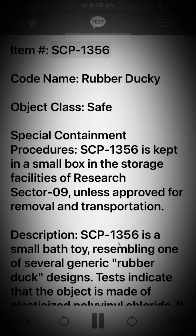Item: SCP-1356. Code name: Rubber Ducky. Object class: Safe. Special containment procedures: SCP-1356 is kept in a small box in the storage facilities of Research Sector 09, unless approved for removal and transportation. Description: